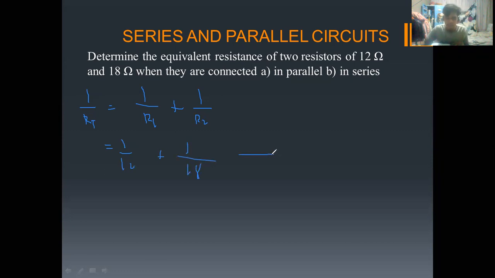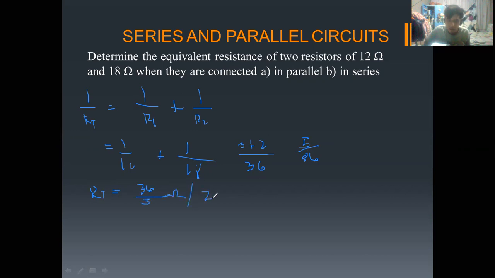Yung LCD niya is 36. Divided na dito, 1, 3 plus 2. Sagot natin dyan is 5 over 36. Pag kinuha natin reciprocal, R total niyan equals 36 over 5 ohms